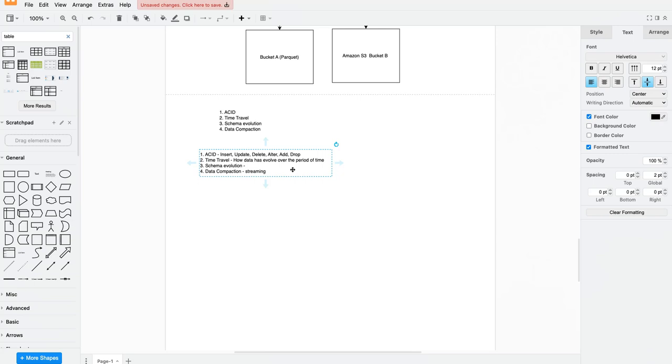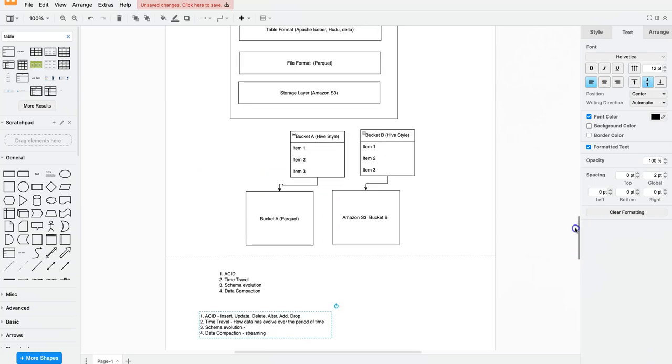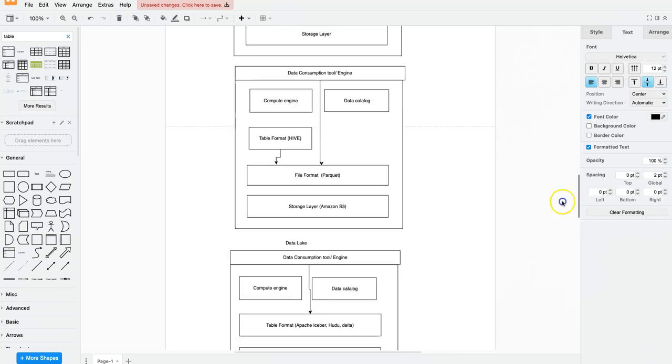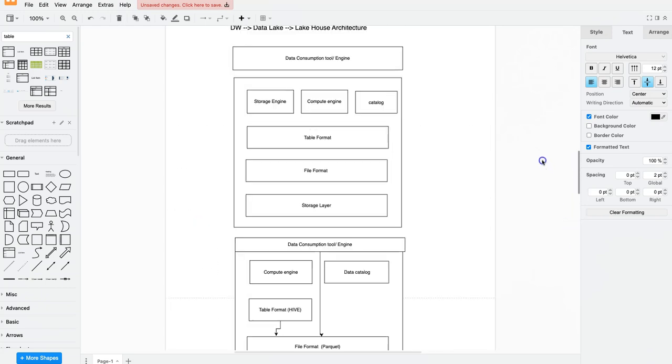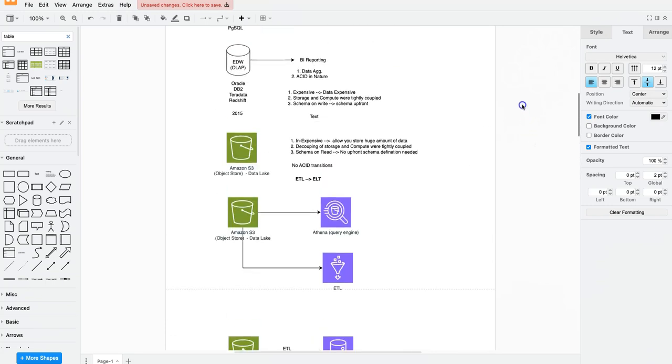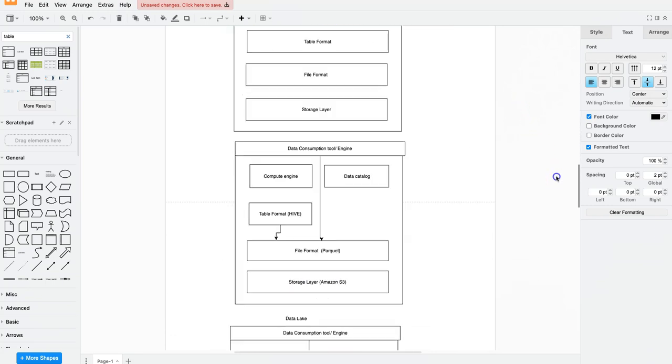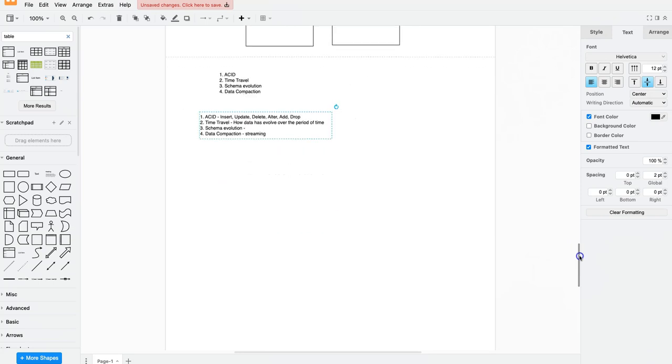So that is a very resource intensive process. Hopefully you got a sense of how we have evolved and how this is being brought together. In the next video, I will be talking about Apache Iceberg architecture,